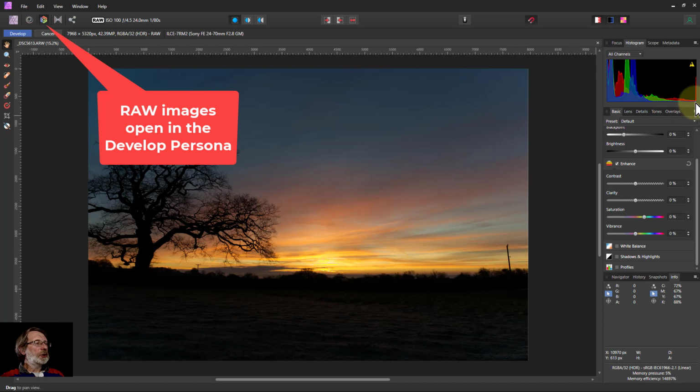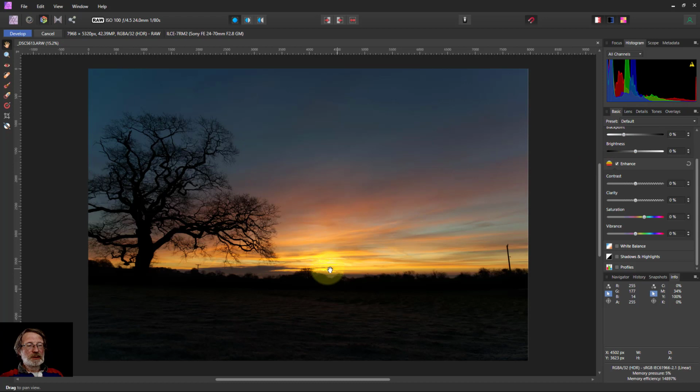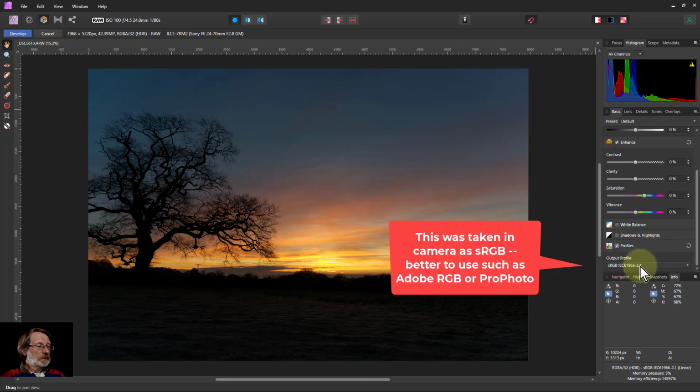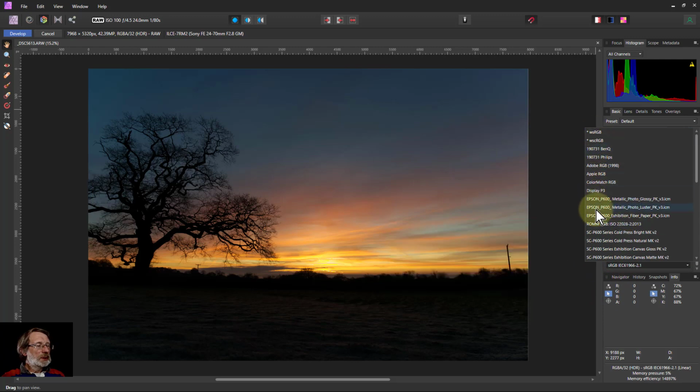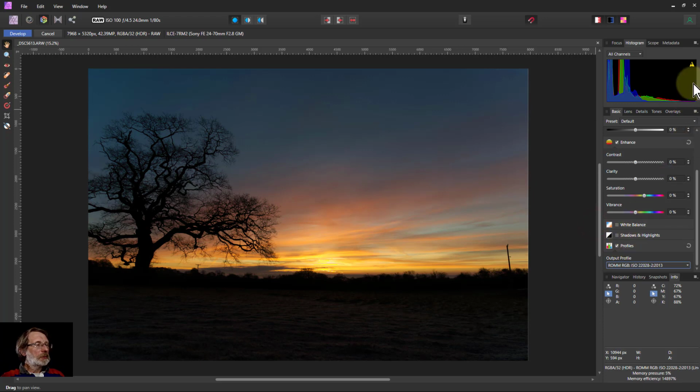If we look at the histogram here, we've got a spike at the end, which means red has gone over the end. That means we push red past it, which means the colours won't be accurate. Watch what happens if we set the profile from sRGB to, you'll find it in this list, ROMM. Look, the spike has gone, which means that burnout of the red has been corrected,